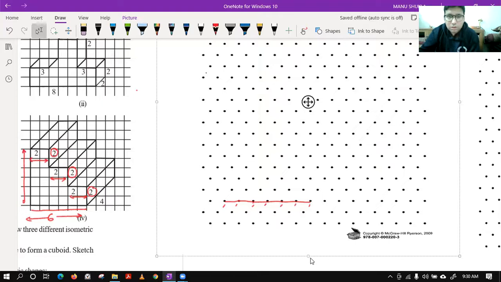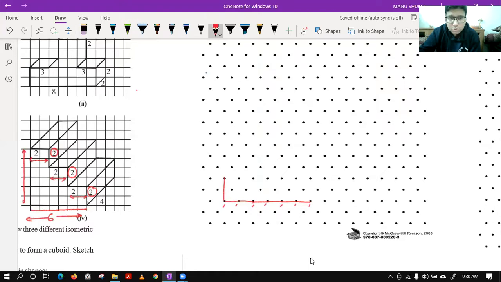Just join again 6 things like this: 1, 2, 3, 4, 5, 6. Please don't be confused. The only thing is, in my isometric sheet I have just expanded it a little bit vertically. That's why it is going vertically up, but it's fine.